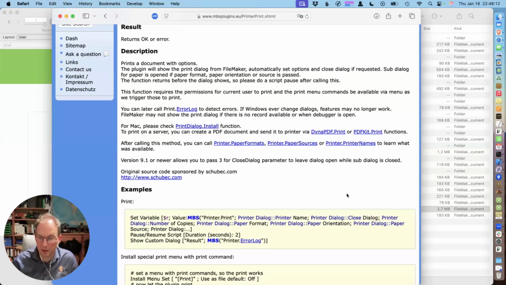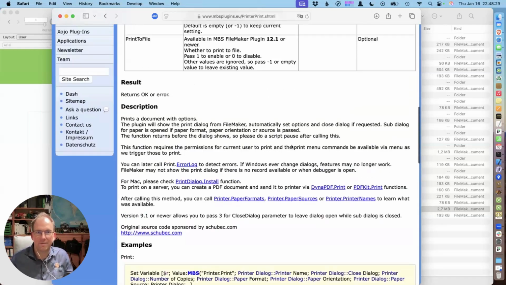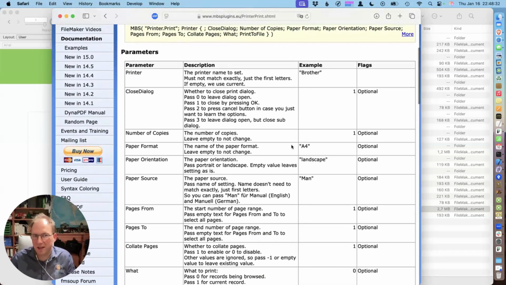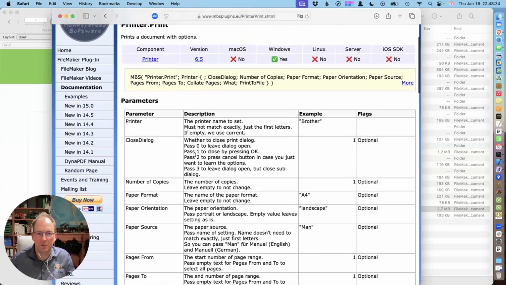Then the plugin knows the printer names. Then they go one by one to pick each printer and then store the paper formats and paper sources for each printer. So you can automatically discover what options your printers have. Interesting. That's nice. Clever. Yeah, this is a thing you could do because we give you the possibility to show